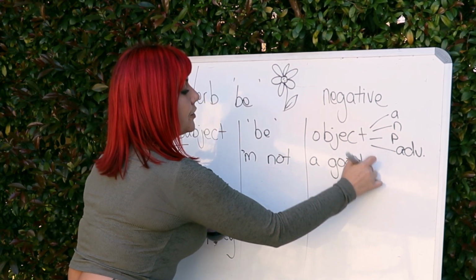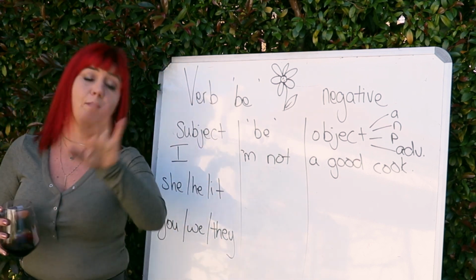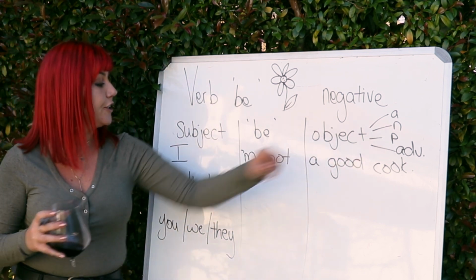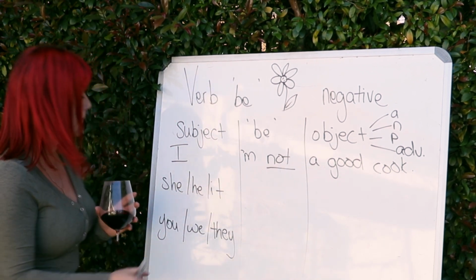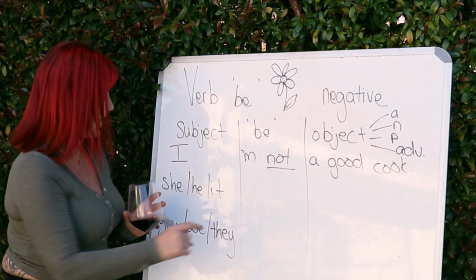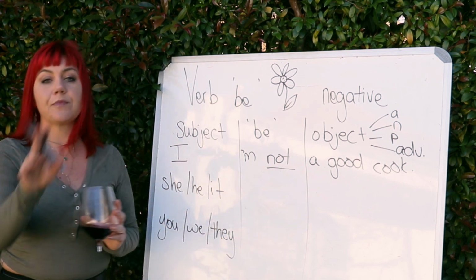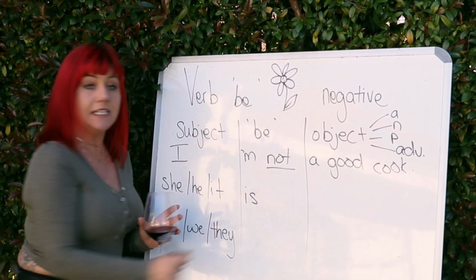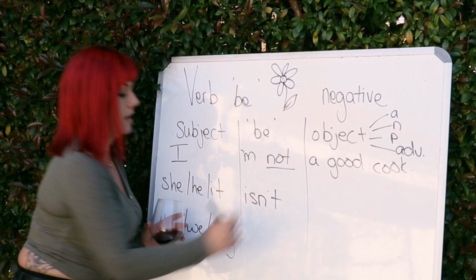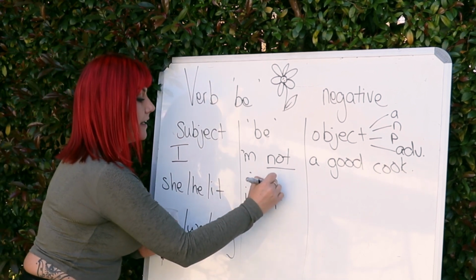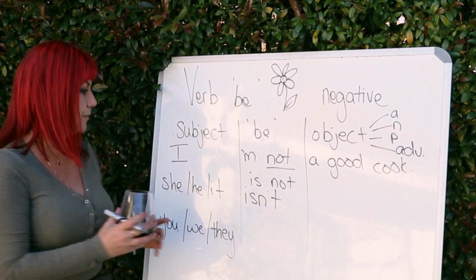Okay, so I'm not a good cook. That's a lie. I'm a fantastic cook, but whatever. Okay, so I'm not a good cook. So your contraction still happens there, and then we use not in the negative, okay? She, he, it changes. So it would usually be she's, he's, it's, not. We keep is, okay, and we take away the second vowel. Isn't. So usually it would be is not. We make it into isn't, okay?